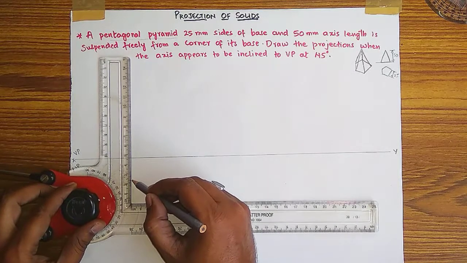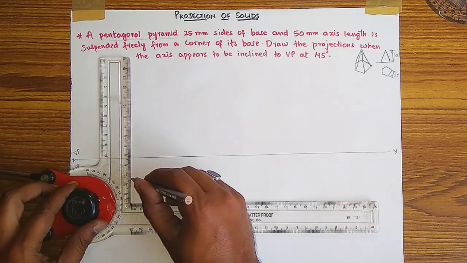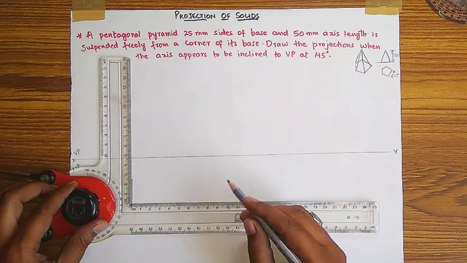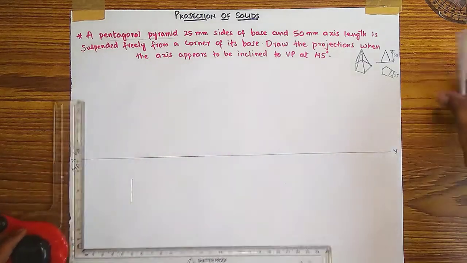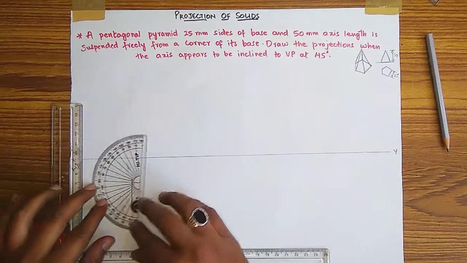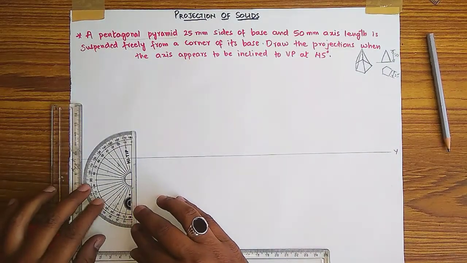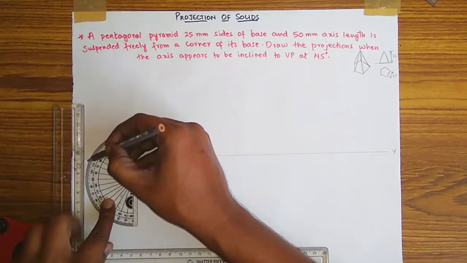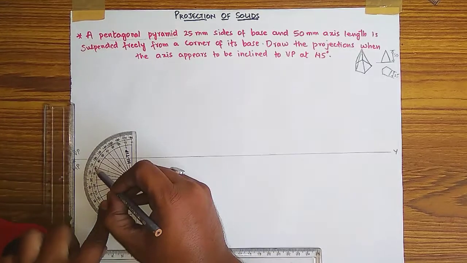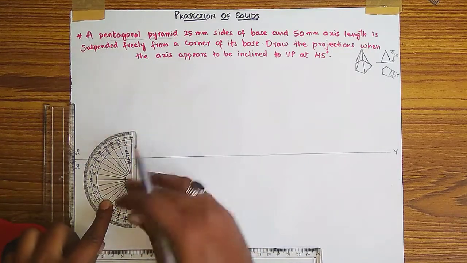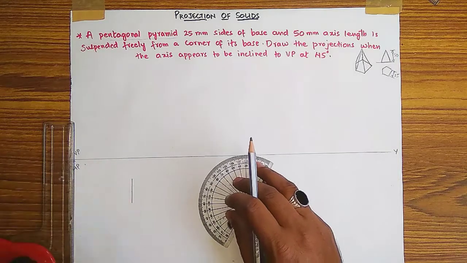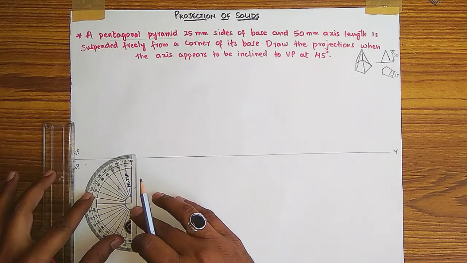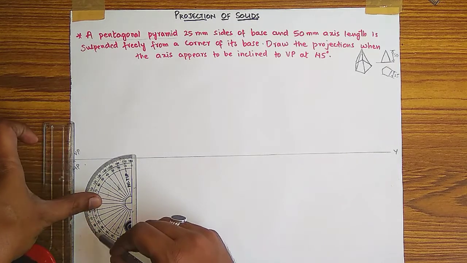How to draw a pentagon having 25 mm side? I am showing you with the drafter, called a mini drafter. Draw a 25 mm line and take your protractor. To draw the pentagon, keep the protractor on one end of that line. From here take 72 degrees, 0, 10, 20, 30, 40, 50, 70, 72, and put a dot. And on the other end, keep the protractor clearly.